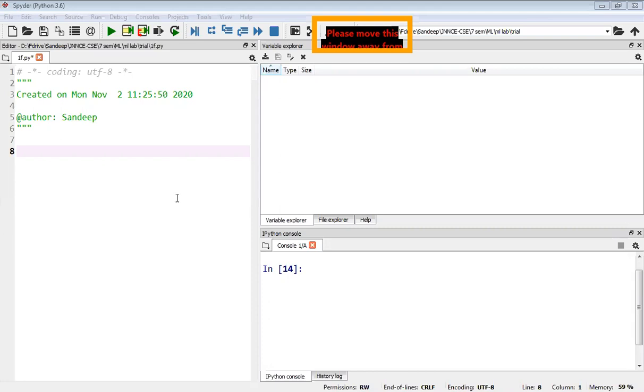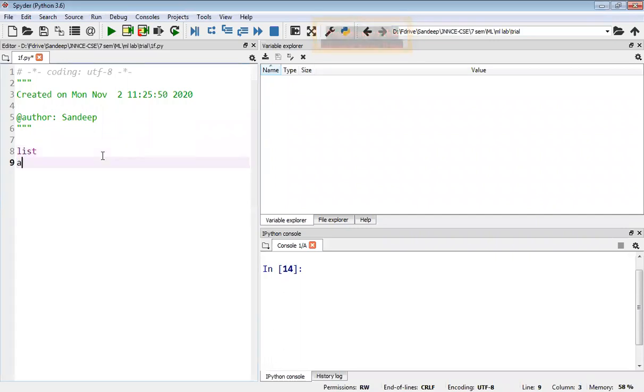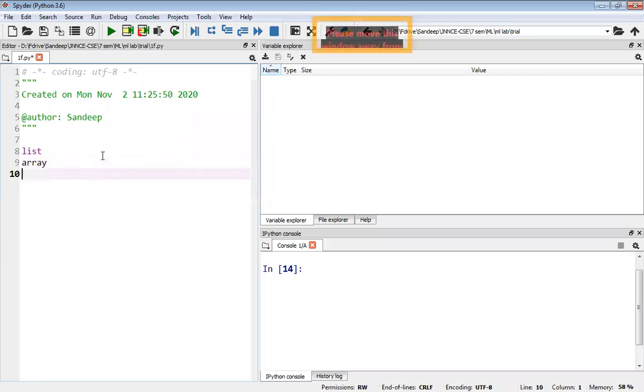Are you going to use arrays to store that file, or any other data structure which we can use here? See, we have lists and arrays, as you know, data structures. So are you going to use these two things, or is there any other data structure which we can make use of?